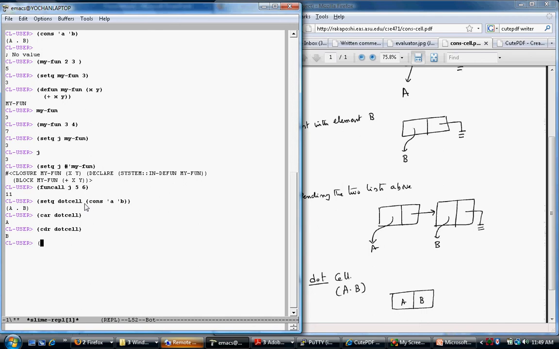Okay, so now you can also say interesting things like, suppose I do, so normal cell would be set Q normal cell, cons of A to list B. That would be AB. Okay, now if I do car of normal cell, I get A, and I get cdr of normal cell,